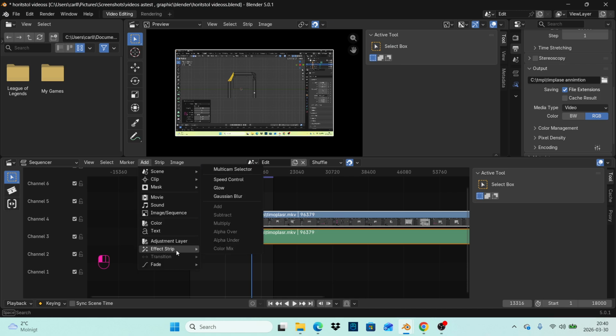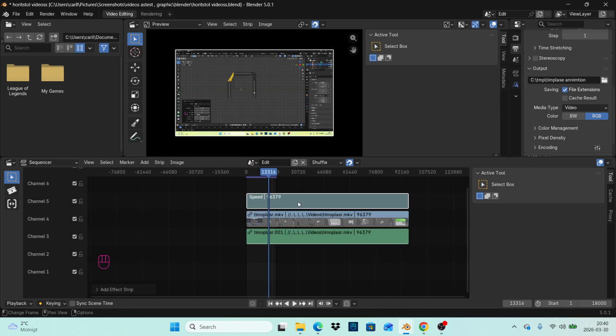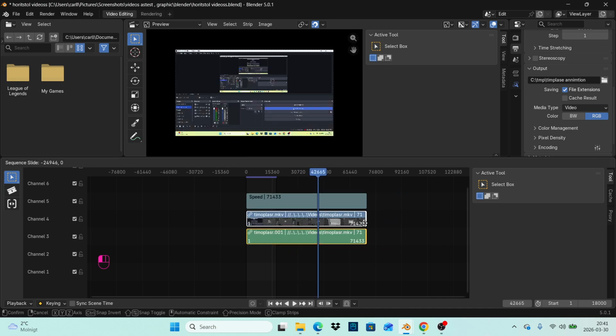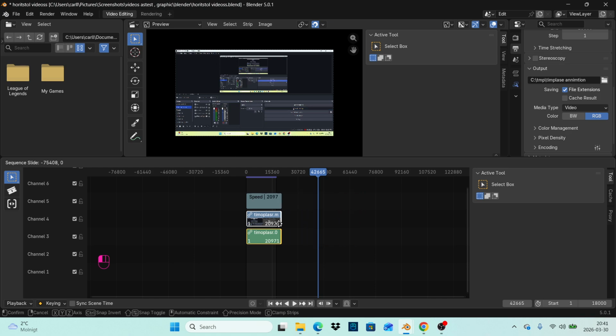So if you take this, you have to click it, and then you add effect strips and you choose speed control, then you get it faster. So you go here and you choose it and you drag it, like so,